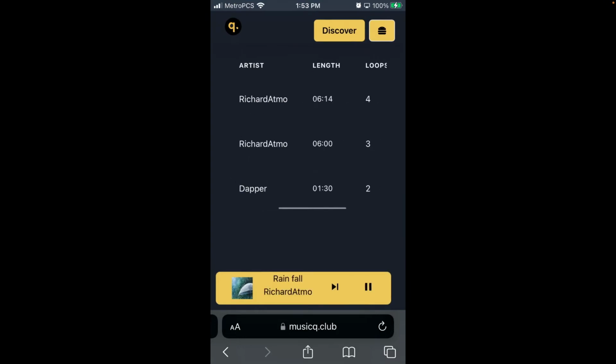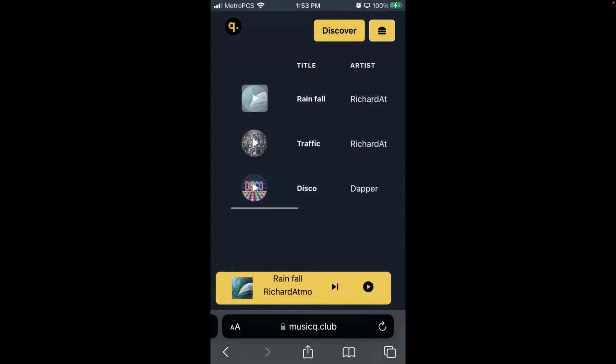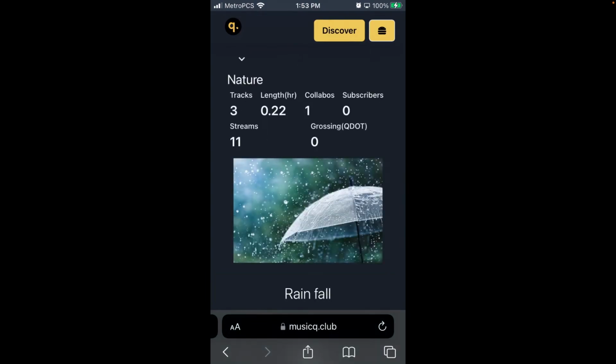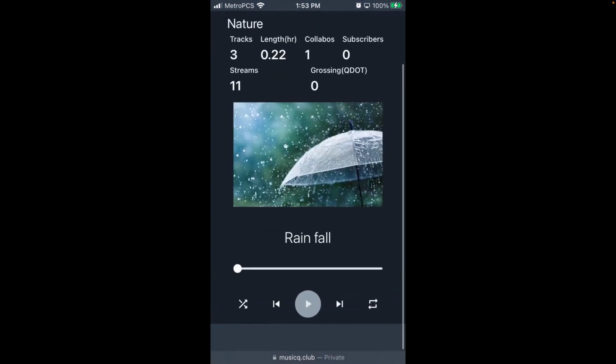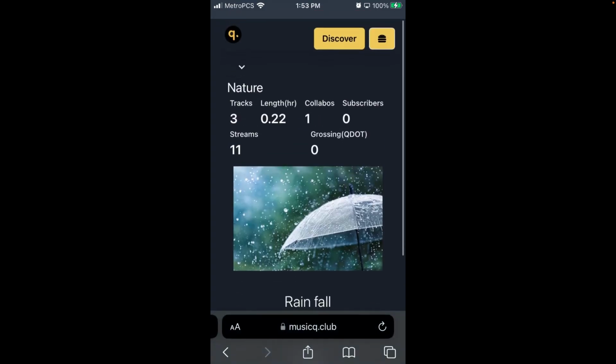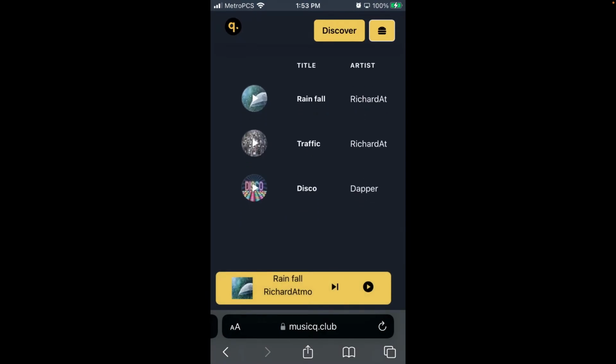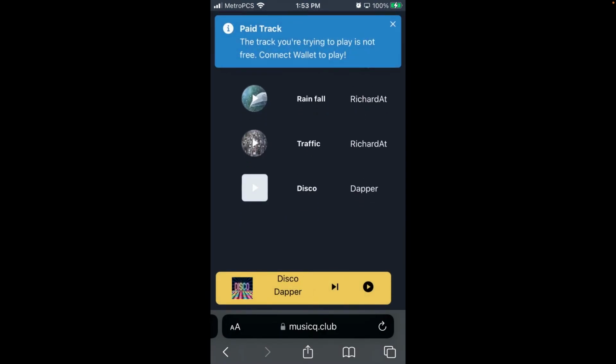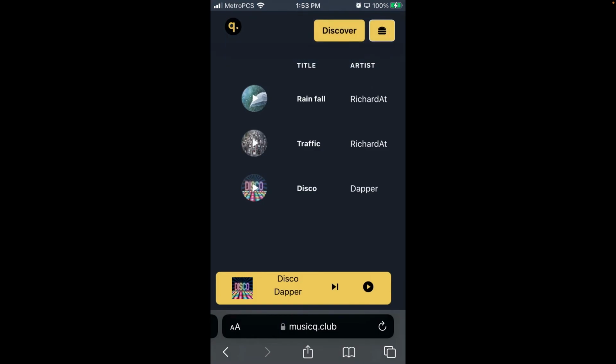You can still upload songs if you choose to. You can still do all the same thing that you can do. The only thing is, if you want to make money or play a song that needs you to pay for it, like this one, you need to have a wallet connected. Okay, now to connect a wallet on your mobile, another thing that you can do, if you don't want to